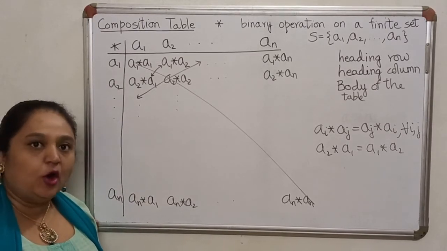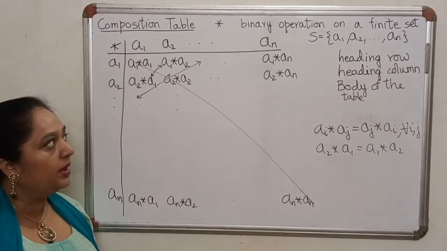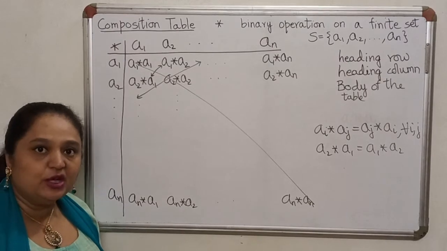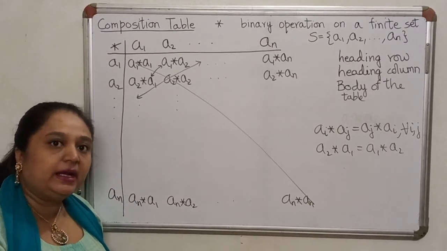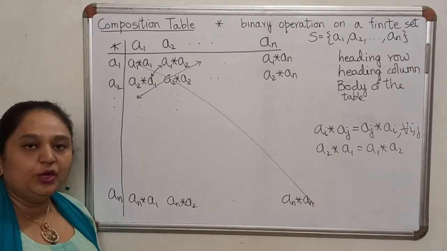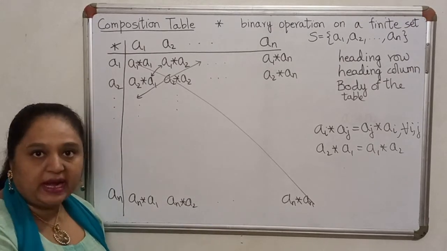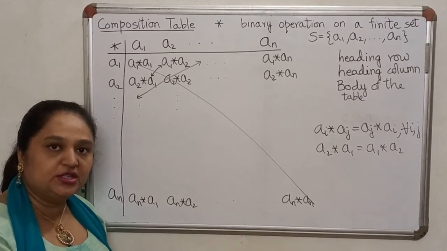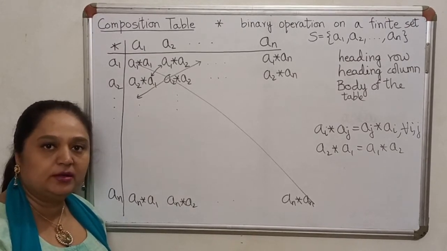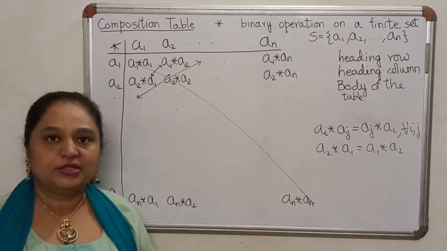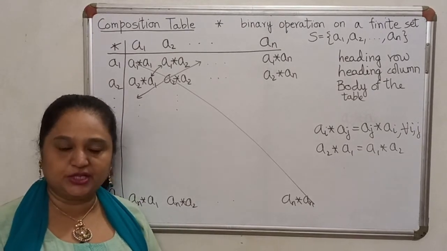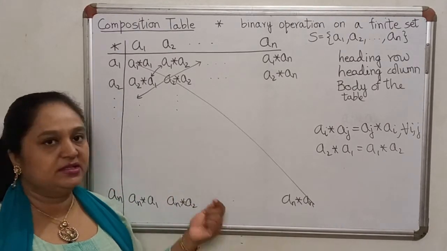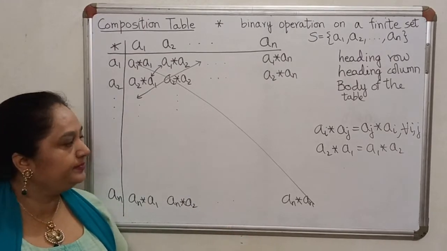However, we also studied associative property, but it is not possible to verify the associative property directly from the composition table. What do I mean directly? Just by looking at the composition table, you will not be able to decide whether the operation is associative or not. If of course you use the composition table and do a lot of calculations, then you will be in a position to determine whether it is associative or not.